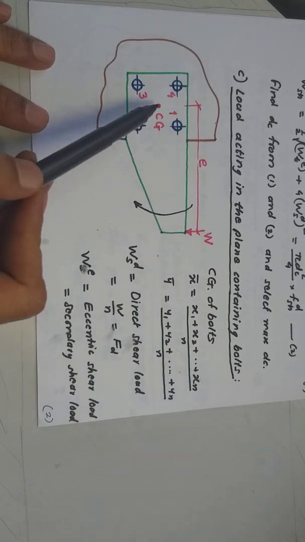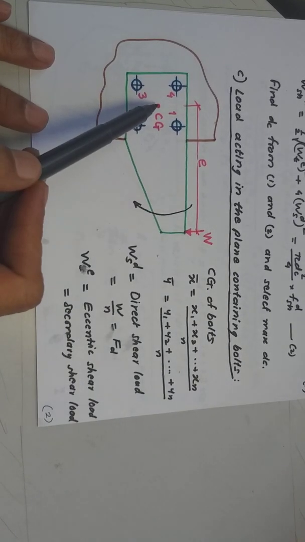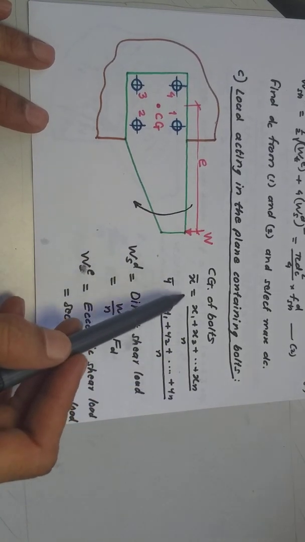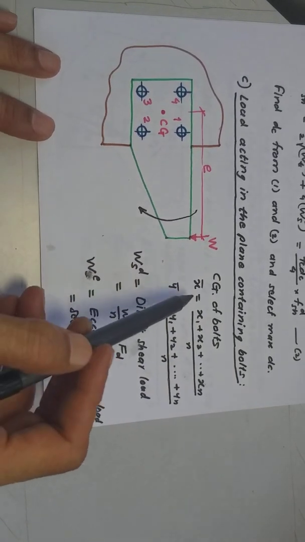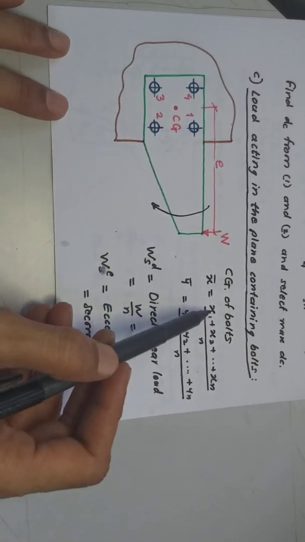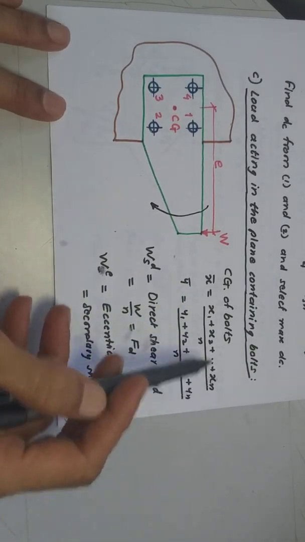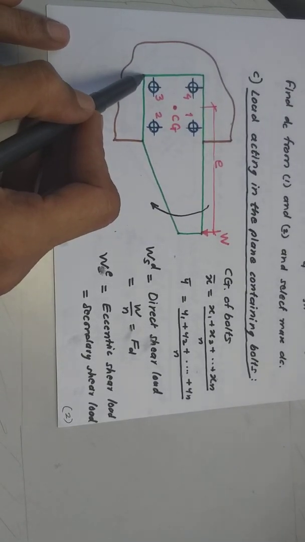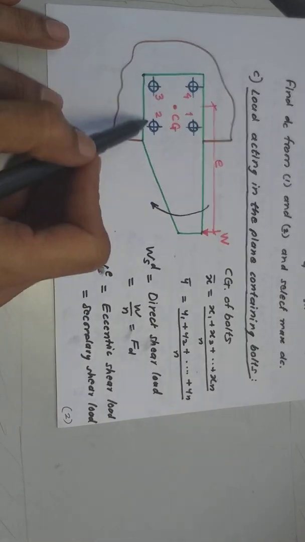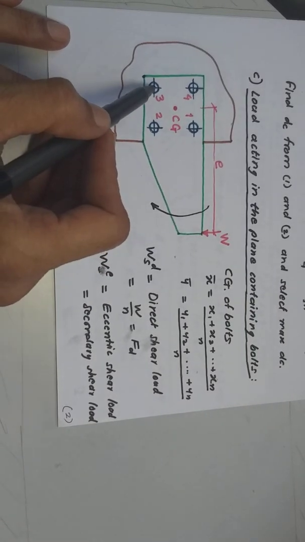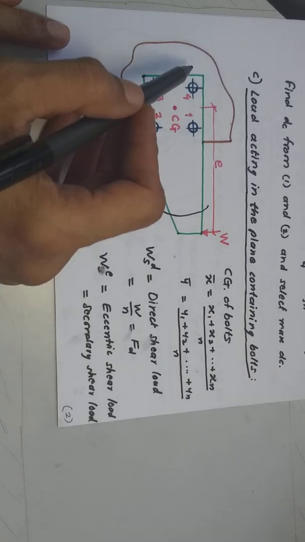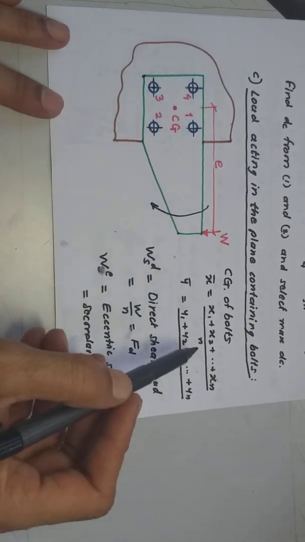First thing is you have to locate the CG. Now if the arrangement is symmetric, the CG is very easy to determine, but if it is not so, then by this formula of CG you can find out the distances x bar and y bar. Now while doing this, the distances x1, x2 which are taken can be taken from whatever is the reference. You can call this point a reference point and measure the x1, x2 distances from this point, or you can call this a reference point and measure all the distances from this point. If you do that, then the x distance of 3 will be 0, x distance of 4 also will be 0, but that doesn't make any difference.